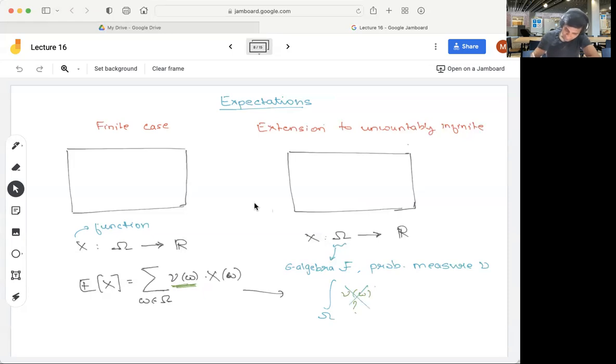What you can define is, I mean, this is more of a notation than really an explanation, but in general, what you define is an integral of X with respect to this measure nu. And I'm not explaining what this means. So going back to our definition of integral, what does it mean that we are integrating a function? Well, we kind of think of it as area under the curve, or whatever notion of integral you are familiar with,